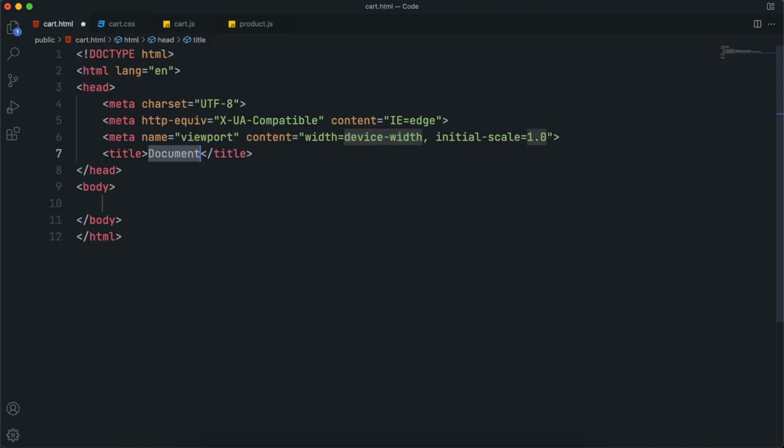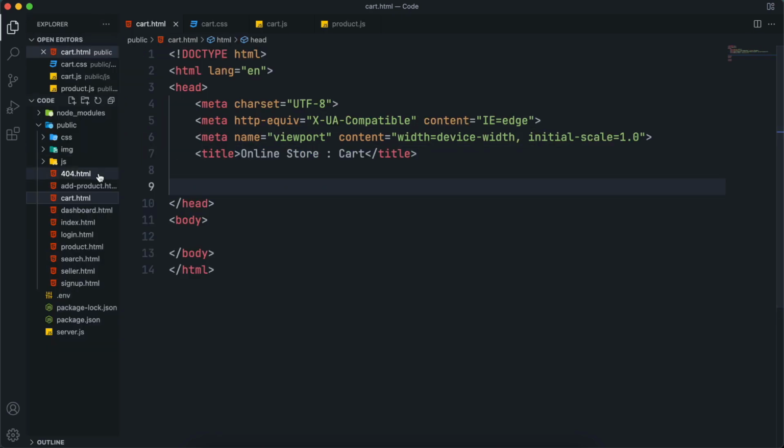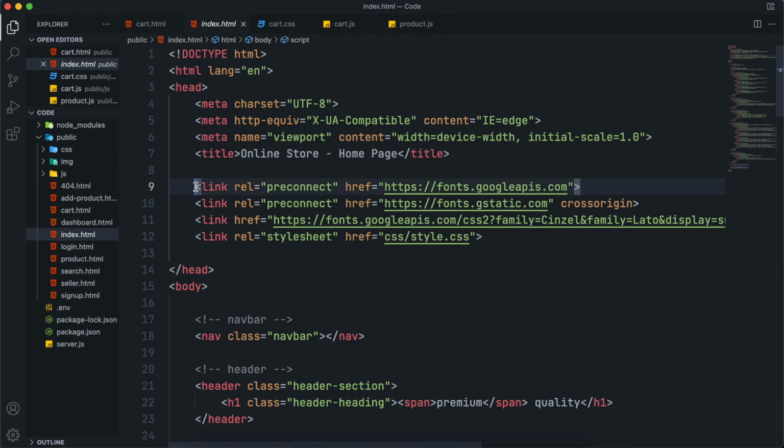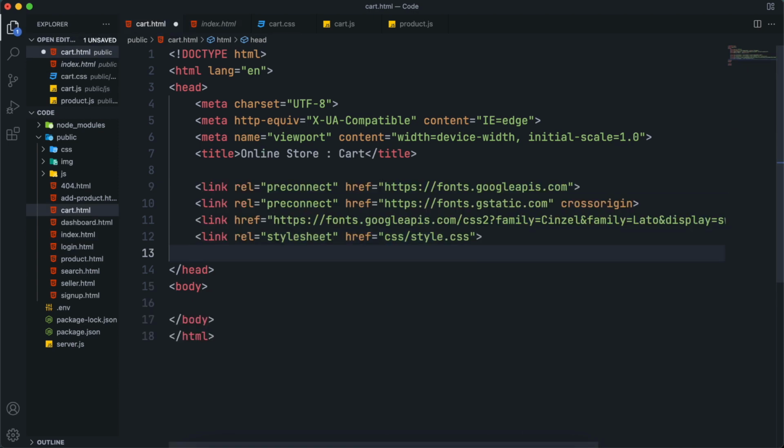Now let's make the cart page, so open it. Write the basic HTML template and give it a title, let's say online store cart page. After that, you can open index.html file and copy all these CSS links and font links and paste them inside here.